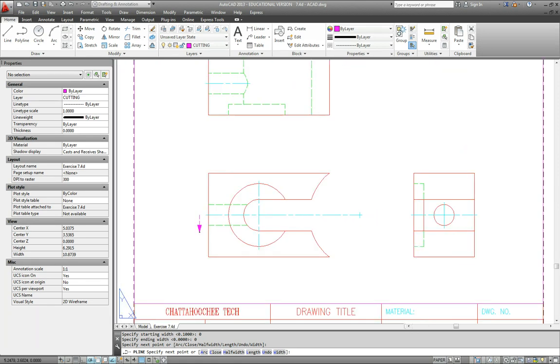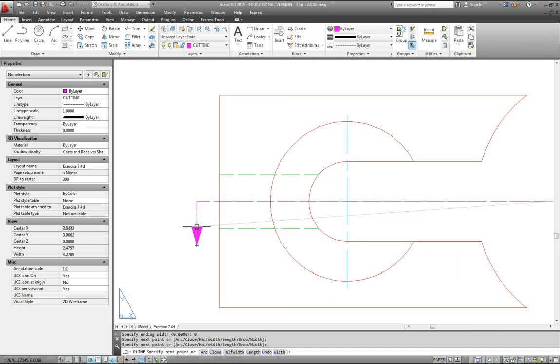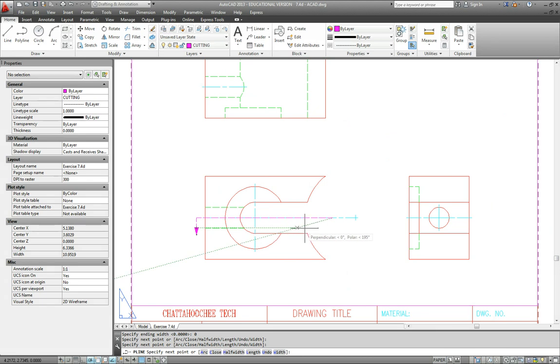Now for this one, you want to go beyond this visible edge. Okay, so I want to go a little bit further, and then I have my nearest snap turned on, so I'm going to snap to the center line. I'll left click and then pull down. Now how far do you go down? Well, you want it to be the same on both sides, so I'll go in and find that portion of the arrow, okay, and then do my tracking again. And once those horizontal and vertical lines cross, I'll left click,